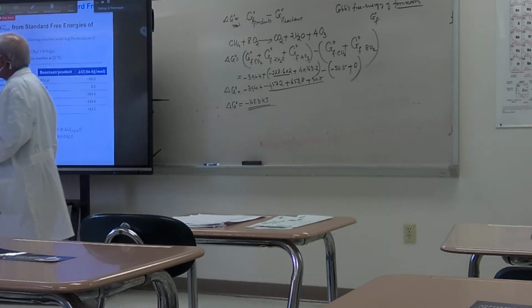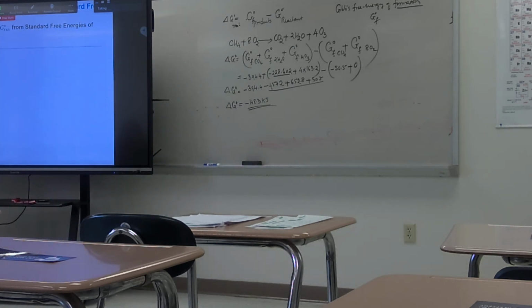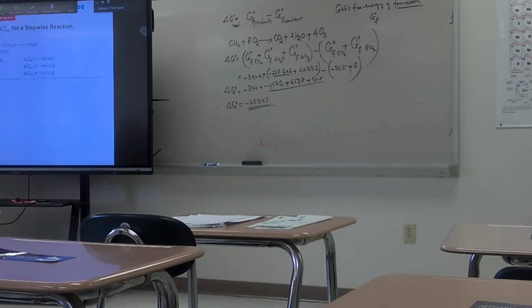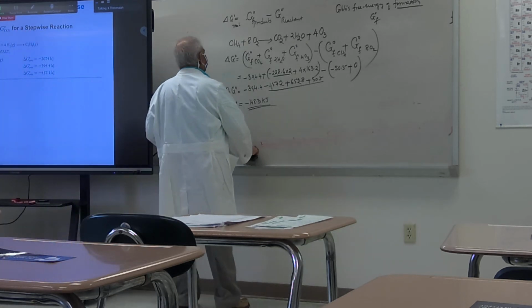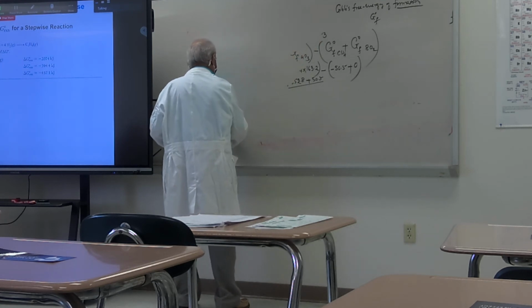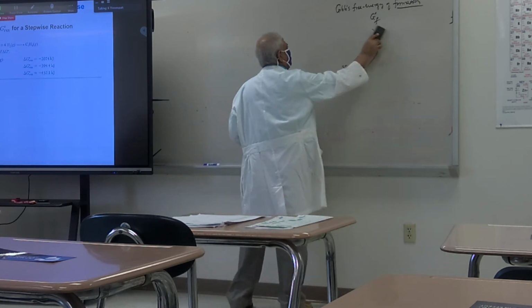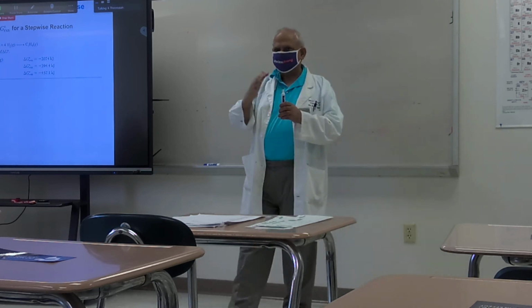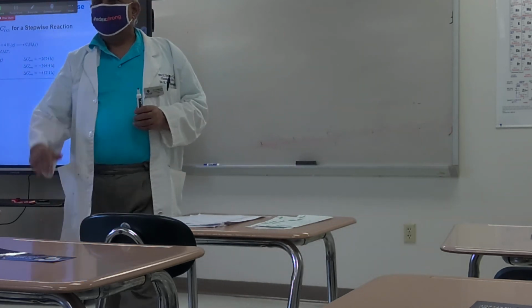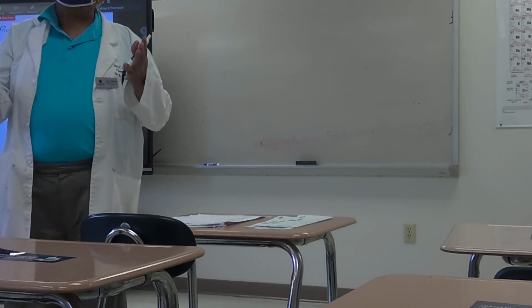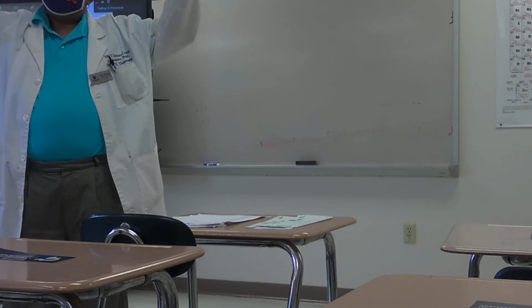Now I will move on to the little complex one. Go and practice that. Okay, here, this type of reaction, stepwise reactions. Suppose a reaction takes place in multiple steps. For each step, you have this Gibbs free energy change, correct? If a single reaction takes place in several steps, and each step has its Gibbs free energy change, then what is the Gibbs free energy change for the final reaction?